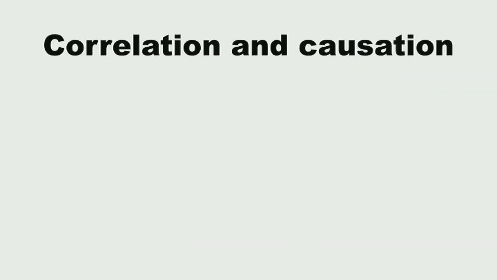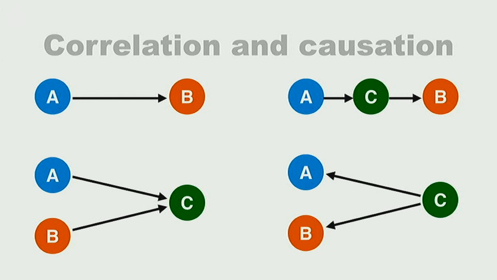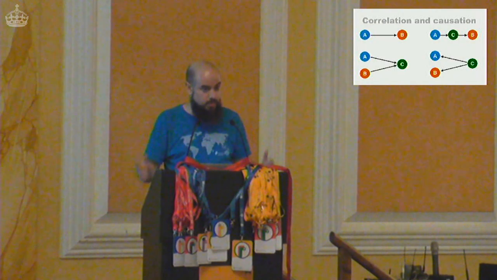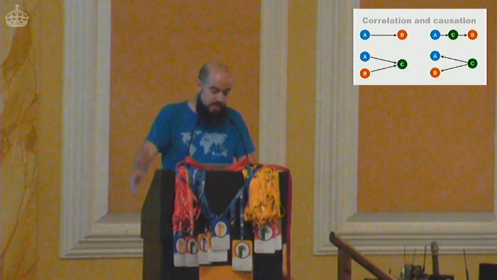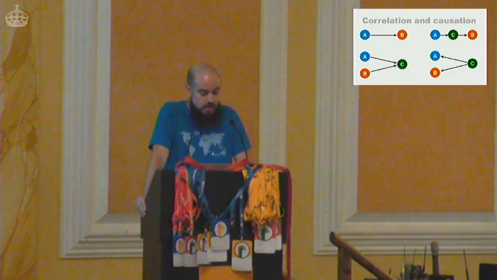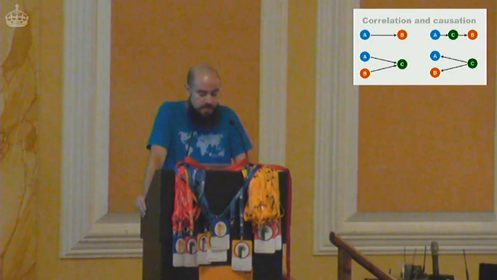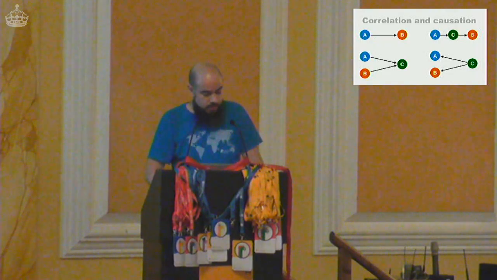Anyway, when we talk about correlation and causality, if you have two events or two variables, A and B, and they correlate, it's difficult to say beforehand what is going on. Essentially, there are many different ways of looking at things. Either one implies the other, or both of them together are the cause of a third variable C, or this third variable C is causing those two, or maybe there is some kind of transitive relationship, A to C and then to B, or maybe there is no relationship at all. So it's difficult to say beforehand.